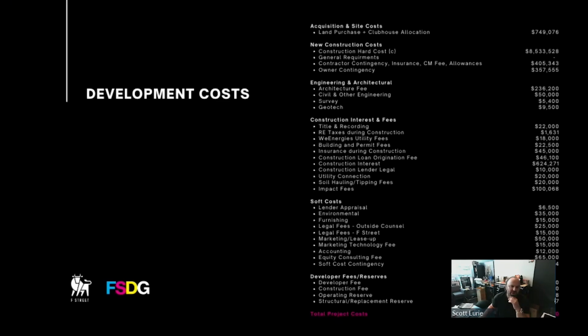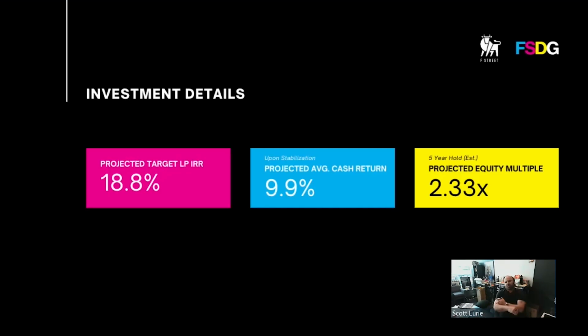Yeah, great question. Philosophically, I would tell you that the industry that we're in, which is a development industry that projects these two numbers, which is a projected IRR and a projected equity multiplier, I think are a challenge for our community, because I think they're not always very transparent. When I say they're not transparent, the reason I say that is